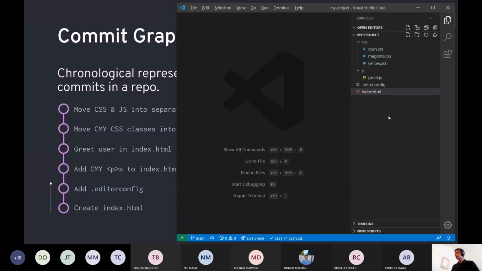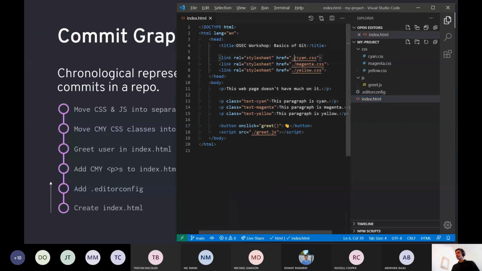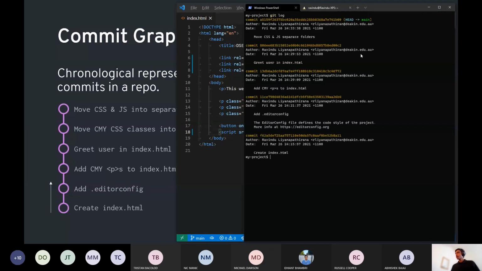We actually forgot to do a little thing. At this point, our project is kind of broken because we forgot to change the paths here. So let me just change them right now. And I might just commit these as well. So git add all my current changes and git commit. I'll say "fix paths of index paths to CSS and JS within index.html".